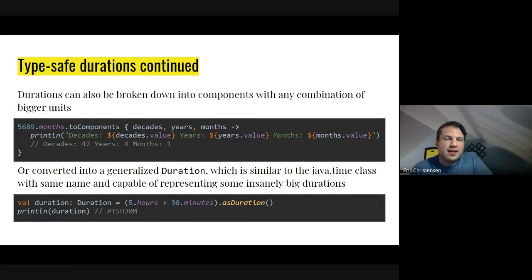You can also break any of these duration units down into any of their components with any combination of bigger units. So if I have this period of 5,689 months, I can break it down into the number of decades, years, and months that all compose it as part of the API. I can also take any individual unit and convert it into a generalized